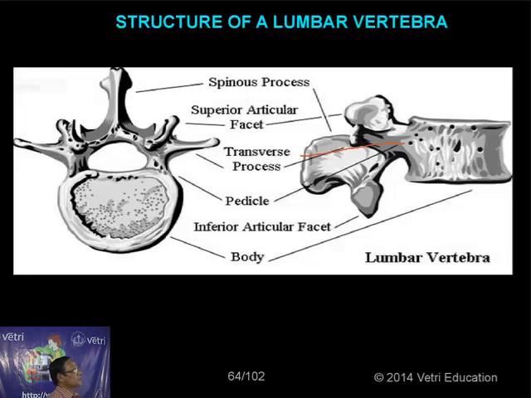We have articulating facets for the articulation of the upper side and lower side. They are called zygapophyses, but not mentioned here. So we have the inferior articulating facet for articulation with the lower vertebra, and the superior articulating facet for articulation with the vertebra which is above this vertebra. So likewise the movement is possible, and in between the vertebrae we have